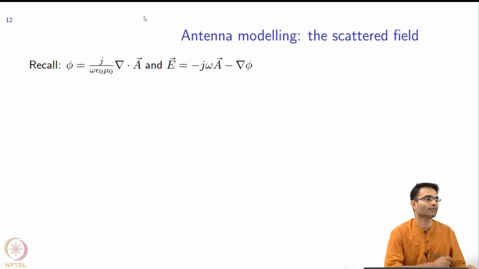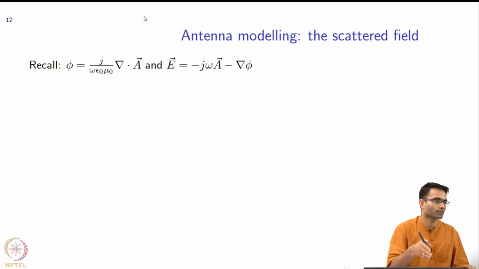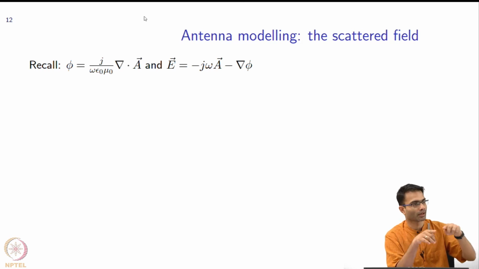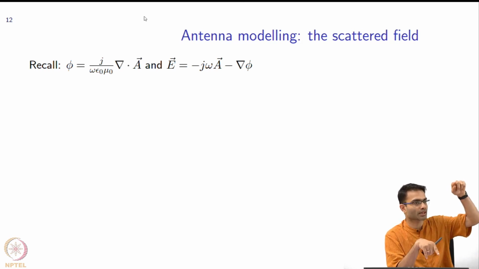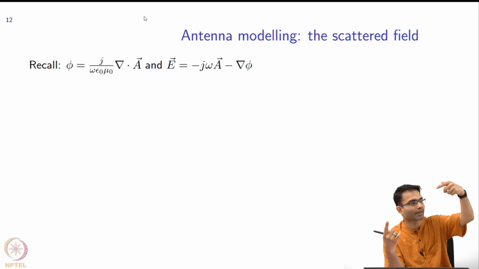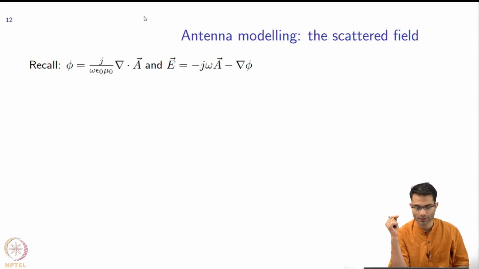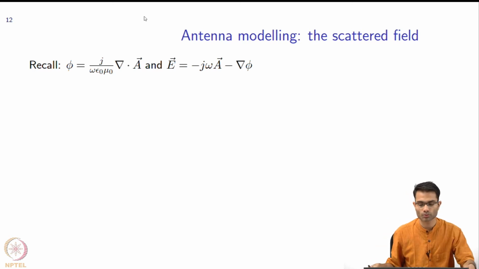I wanted to broadcast some information. The trouble, we said, is that we do not typically know how the current is distributed along the length of the wire. I mean, I know what the voltage and the current are at the point I have connected, but across the length I do not know what J is as a function of space. So, how can I calculate A, how can I calculate H, how can I calculate E? So, what we will do is we will use the CEM theory to find out what the current is,